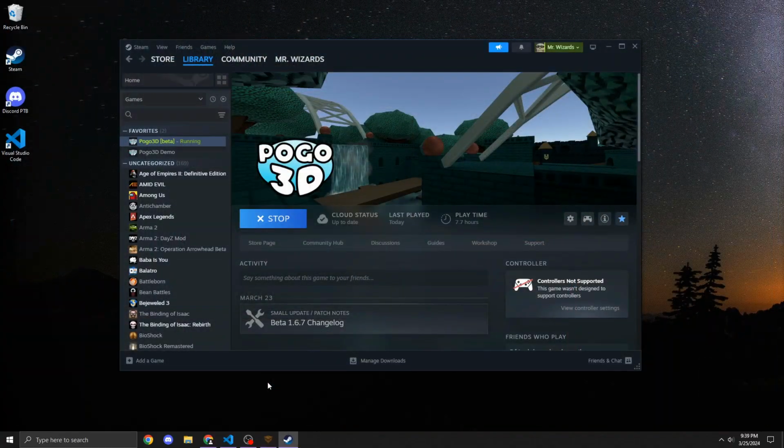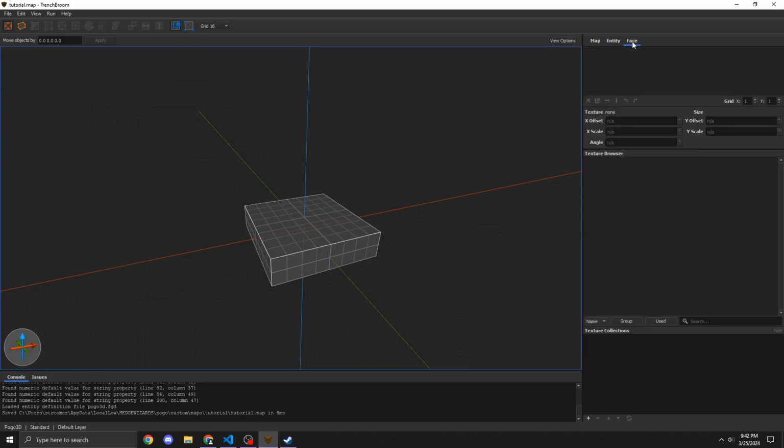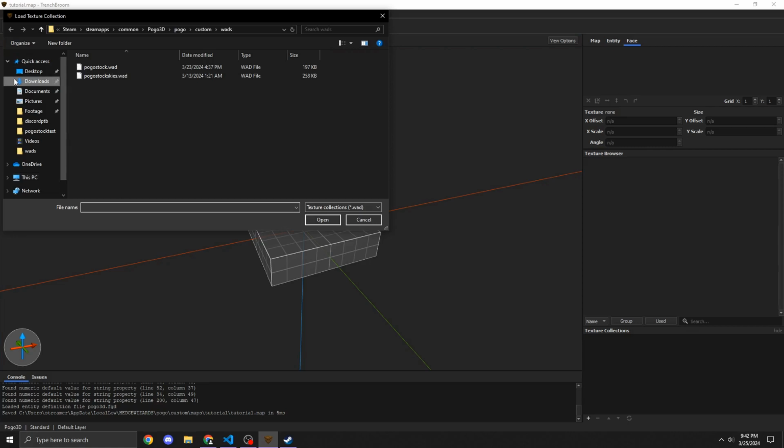So let's go back into Trenchbroom and fix some of this stuff. First, let's load some textures. This widget on the right has 3 tabs here: Map, Entity, Face. If we go to the Face tab here and hit the bottom, this little plus button,